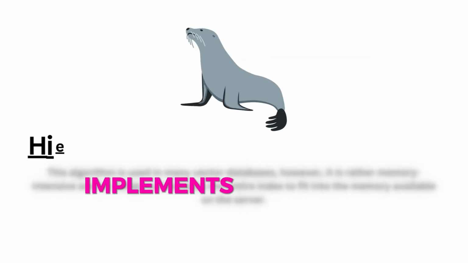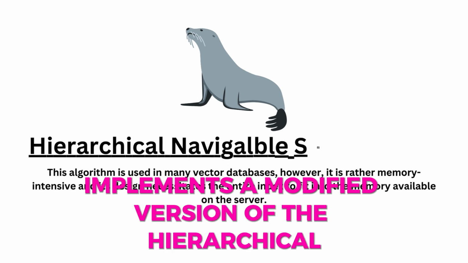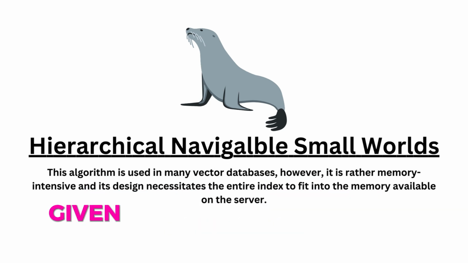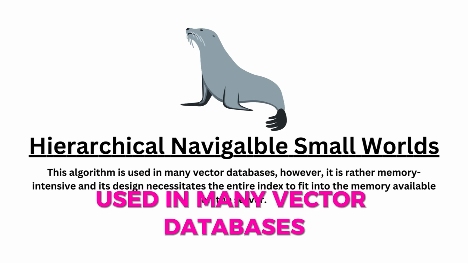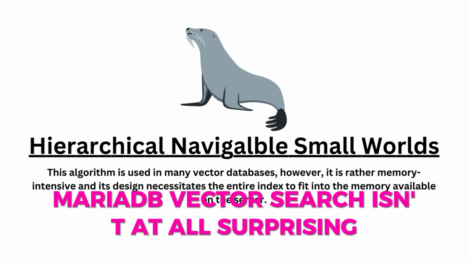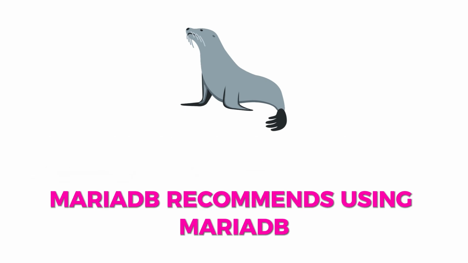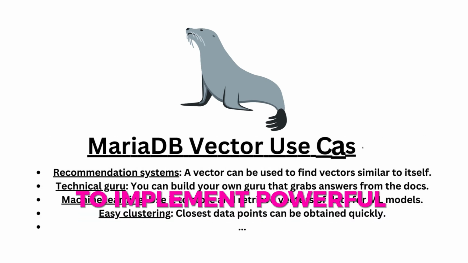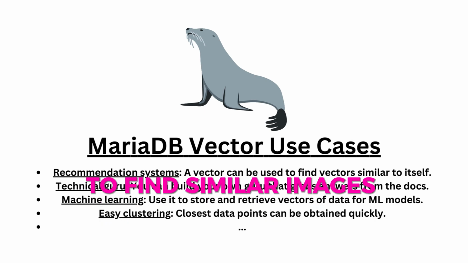MariaDB Vector Preview implements a modified version of the hierarchical navigable small world algorithm. Given that this algorithm is used in many vector databases, its use to facilitate support for MariaDB Vector Search isn't at all surprising. MariaDB recommends using MariaDB Vector Search to implement powerful search functionalities to find similar images, documents or multimedia content,